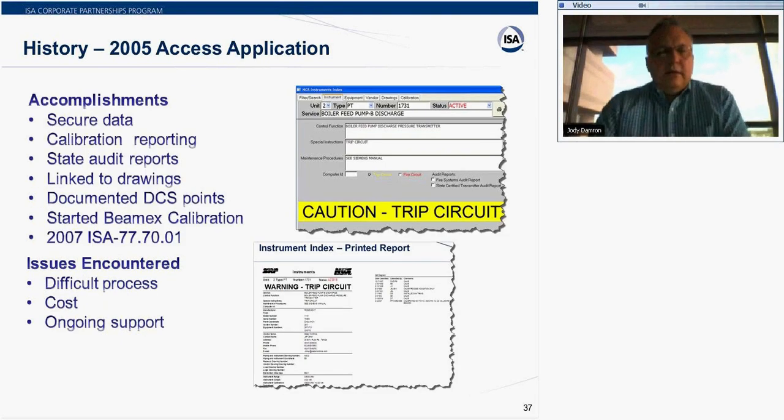So in the late 90s, this site went through an extensive control system upgrade into a new DCS system. They had a lot of pneumatics, so all of that stuff was upgraded. In that process, we were able to document all of our instrument data for the control system, everything that was hardwired into the I/O, which gave us an opportunity to capture data that we had never had before. So we built an Access application